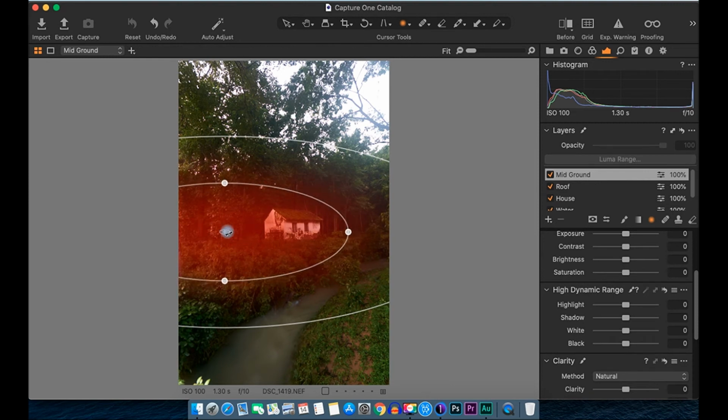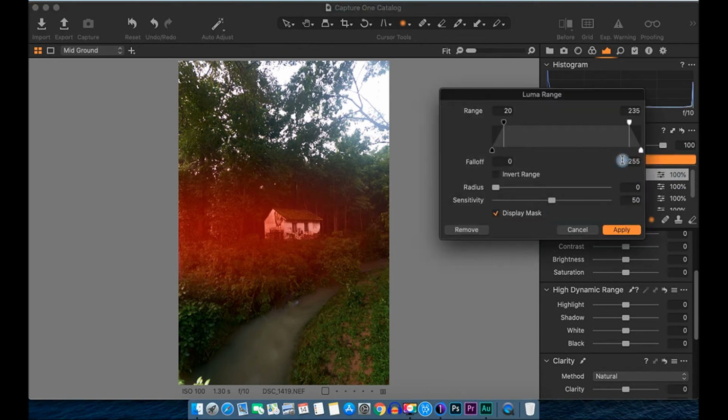Yeah, I think this should do well. Maybe. Right. Now let's go to Luma range, and here we want to select the darker pixel. So let's take darker pixel all the way to dark and start removing brighter pixel. Let's take sensitivity also to 0.